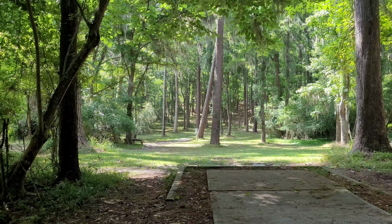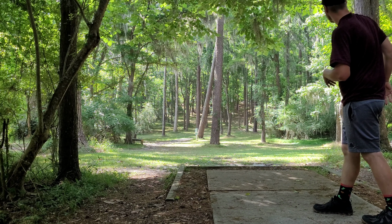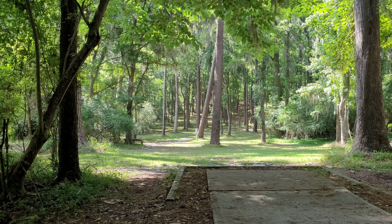Like, you've got to put a placement shot down, and then depending on where you land, there's 3 lanes to the basket. I'm gonna try a big backhand turnover first with my River, and then I'm going to try going forehand with the Foul and just see where I end up. So I'm going to assume that I've got some sort of look to get up and down, possibly from either of my landing spots. So I got done playing, then walked around and shot some pictures because I know I